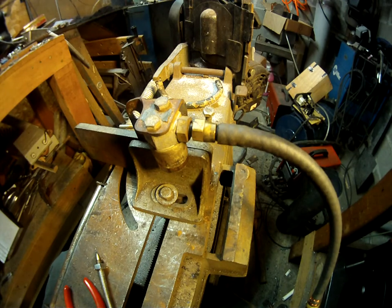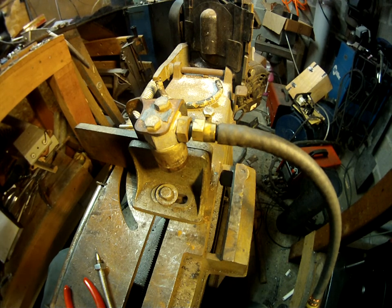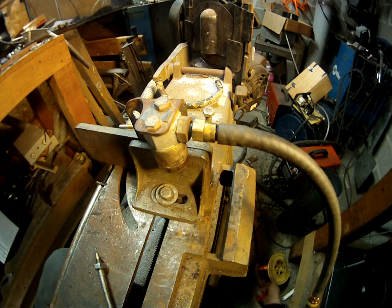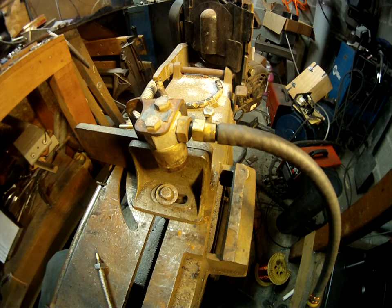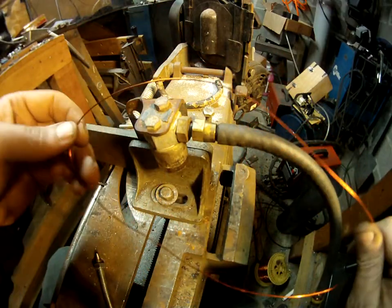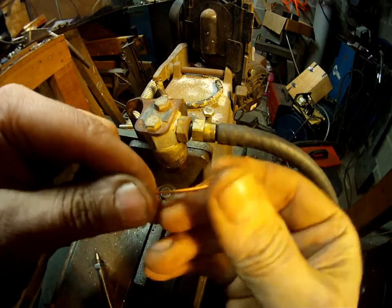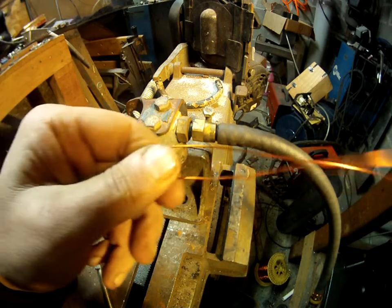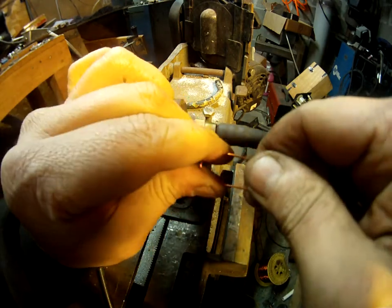So let me cut a piece of wire and I'll show you how I do this. And this isn't my invention or anything. It's just something I learned from YouTube, actually. So you can definitely go and check out other videos. Just homemade hose clamps. Well, you take a piece of wire, pretty long, a lot longer than you would think it would take. You bend it in half, make a loop right in the middle,